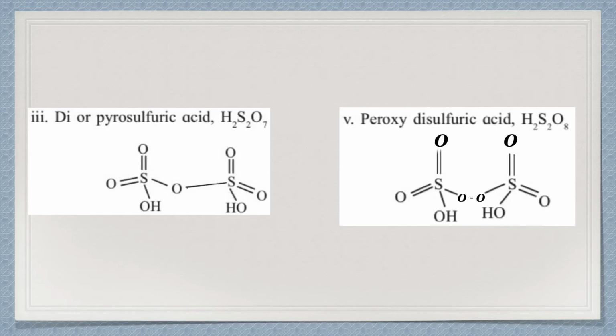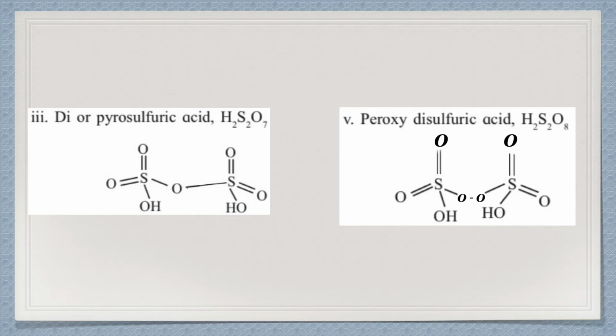Now when 2 sulfuric acids are fused together, there will be removal of water. So I have to subtract H2O from H4S2O8, and the formula will be H2S2O7. Now as the name is peroxy, I have to add one extra oxygen. Therefore it will become H2S2O8. So hopefully it is very simple.